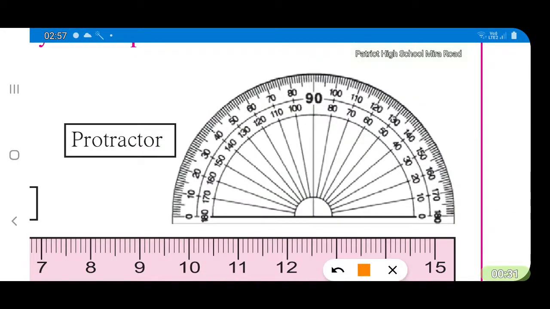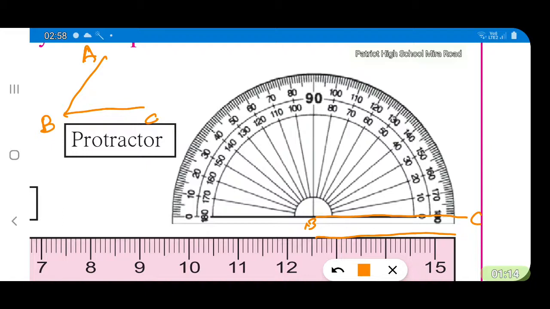In order to construct 50 degrees, we shall draw a line BC with the use of the scale. Suppose you have already drawn a line BC and you have placed the protractor on the line BC. Now we have to make an angle ABC which is 50 degrees. We will draw a rough angle. Your angle being acute, it is less than 90 degrees. So it will be somewhat like this.